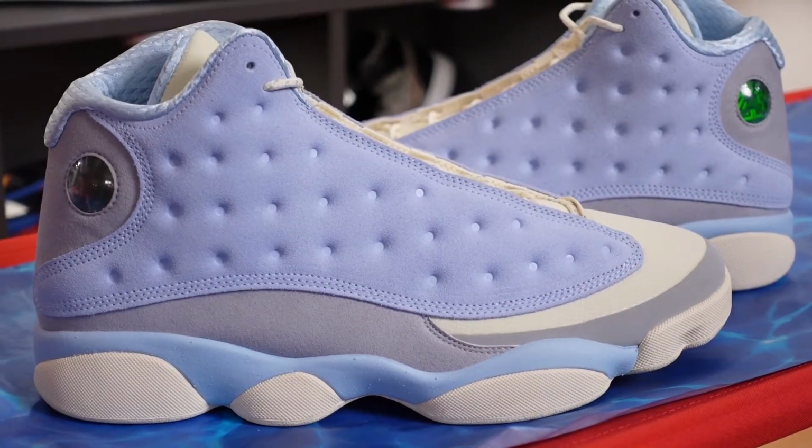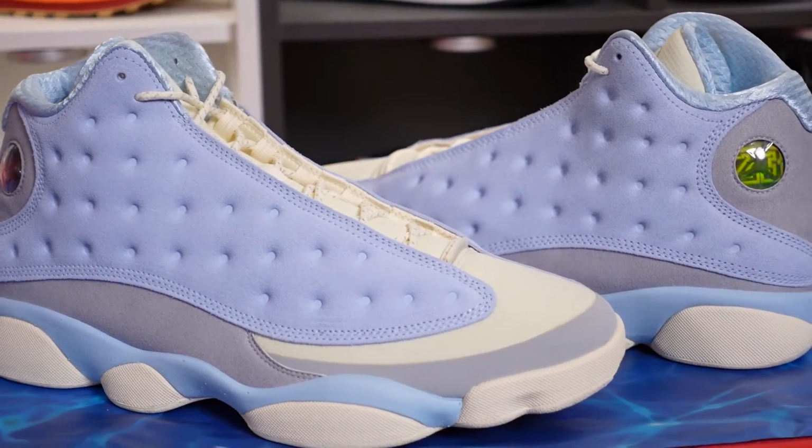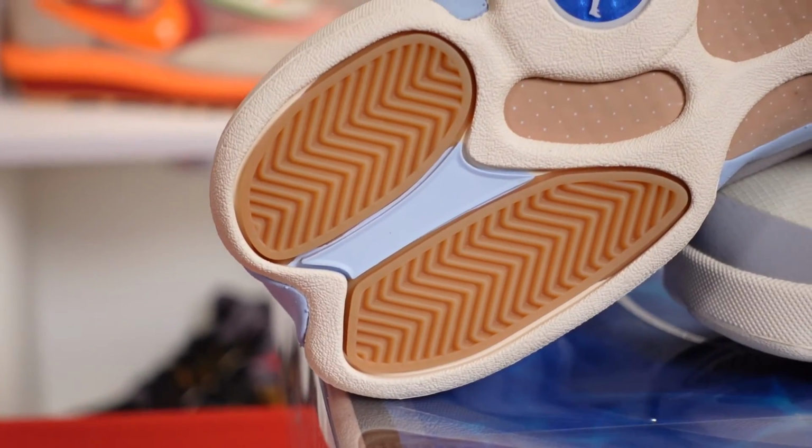And from what I've heard, this is actually based off of Michael Jordan's yacht, which is called Catch 23. And this is the pattern that he has on the side of his yacht. Solefly is based out of Miami. It's owned by Michael Jordan's brother-in-law, I believe. And this whole shoe is based on water, his yacht. You can tell the theme through the translucent top, the water-looking paper, the insoles, and the general colorway that has water and beach vibes. One of my favorite touches, accents to this shoe is the bottom and the super gummy